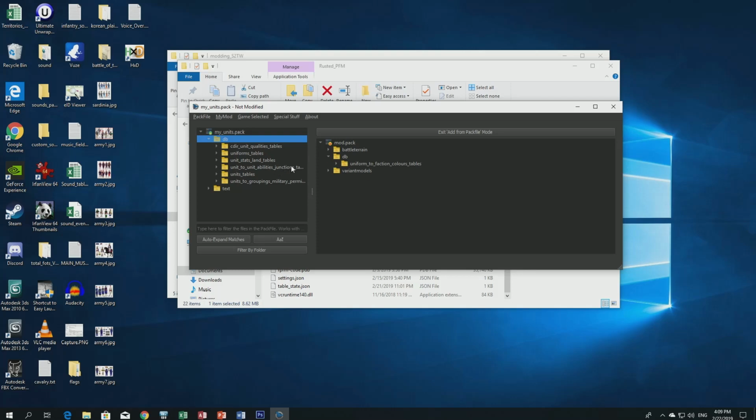You can also use it if you want, for example, extract some information from the vanilla or standard game. You can also do it the same way. So now we go to uniform.faction, we double click on it, and as you can see on the,